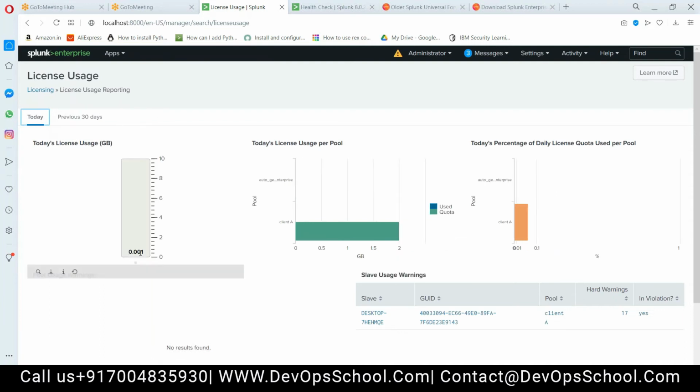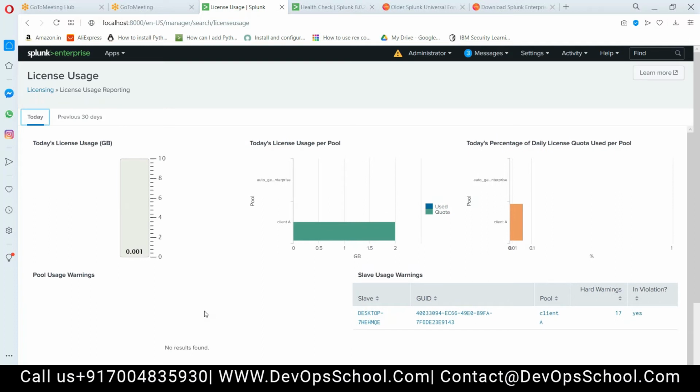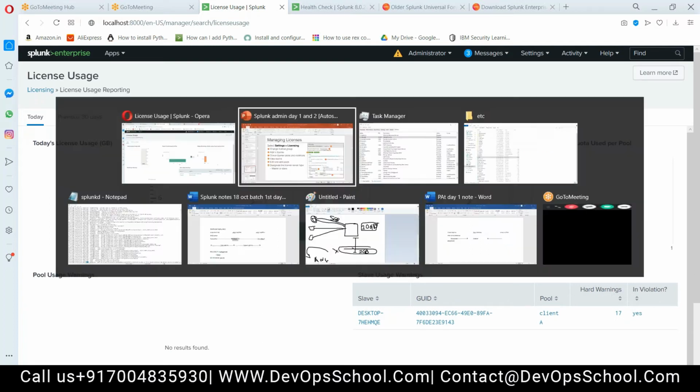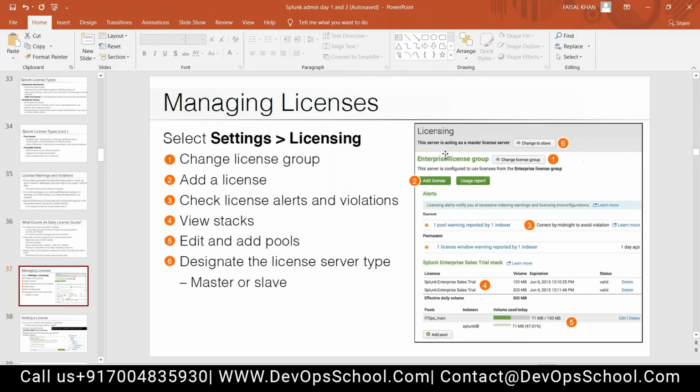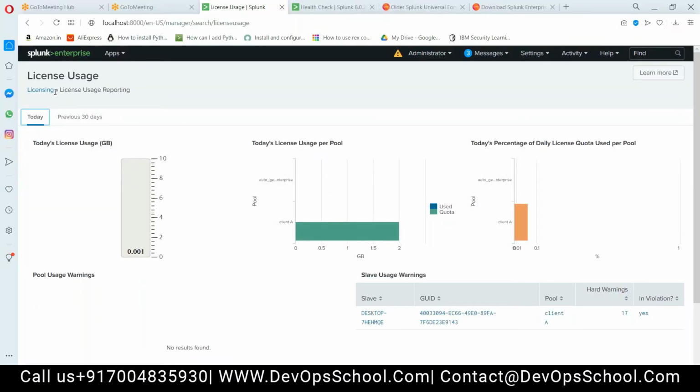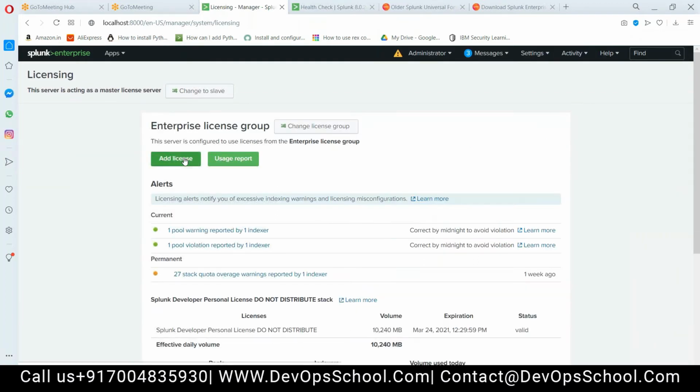So today here you can see 0.001 GB utilized. Very detailed information you can get from here. Change license group. Pat, if you have a license, you can easily come to this licensing page. Have you uploaded a license in your environment?